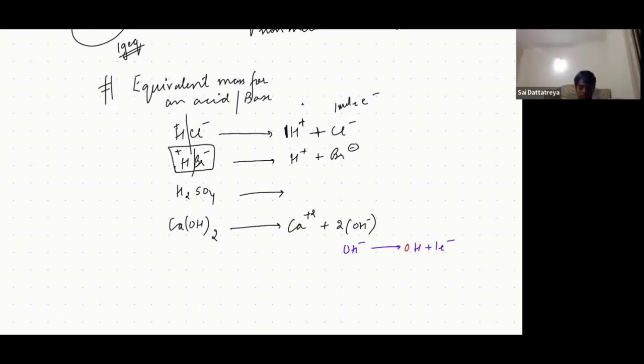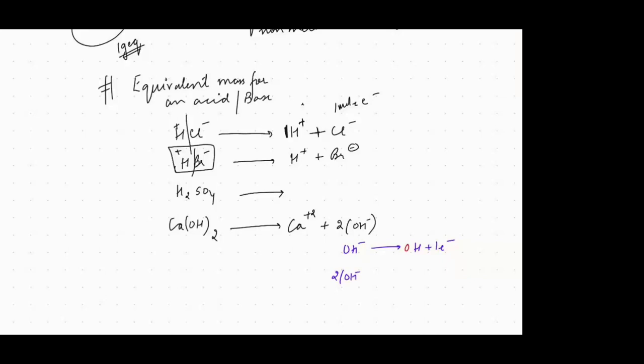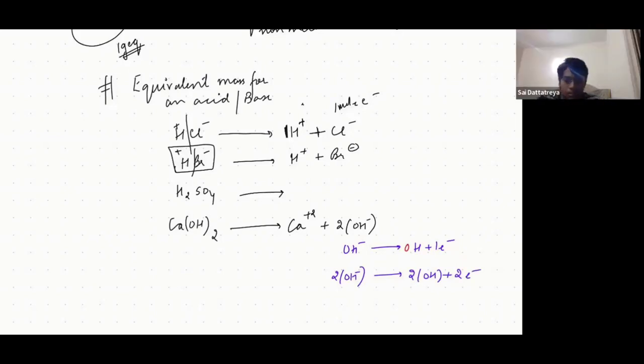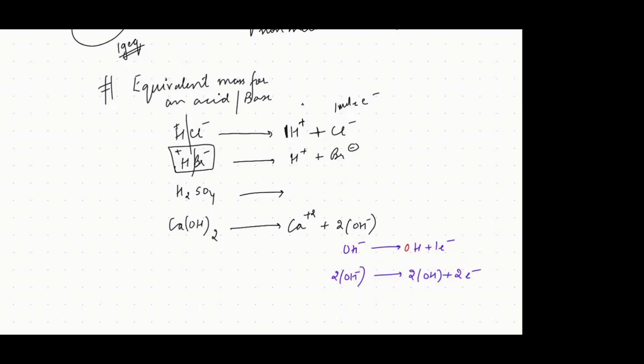So similarly, 2 OH negative, in order to become neutral, shall lose 2 moles of electrons. Yes. So in totality, this 1 mole of calcium hydroxide, whose mass would be 40 plus 16 times 2 plus 1 times 2, so that's 40 plus 32 plus 2, so 40 plus 34, that is 74 grams of calcium hydroxide